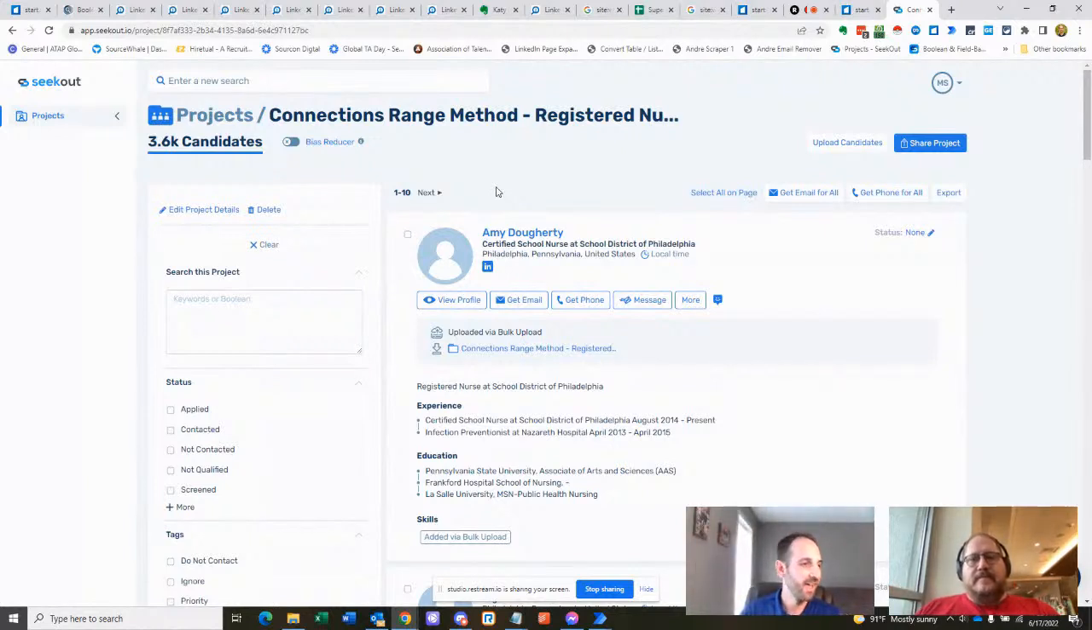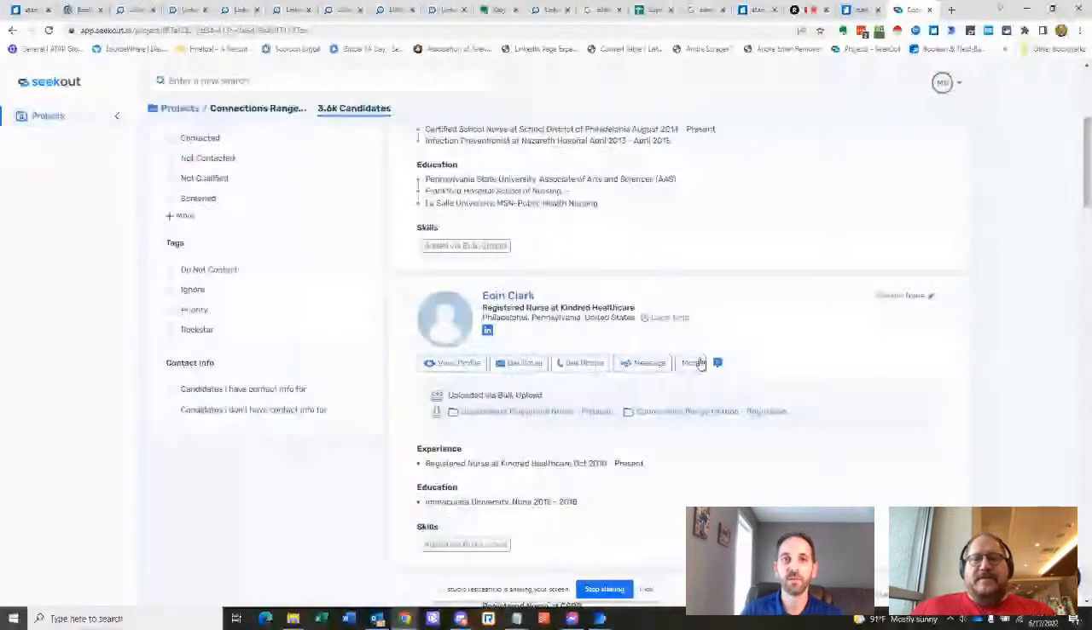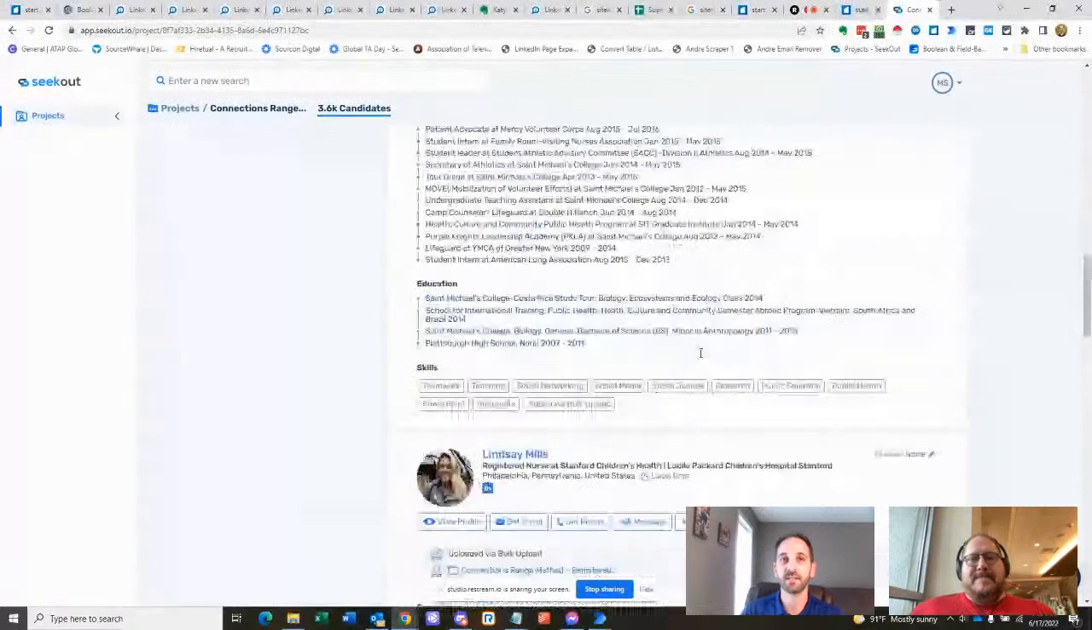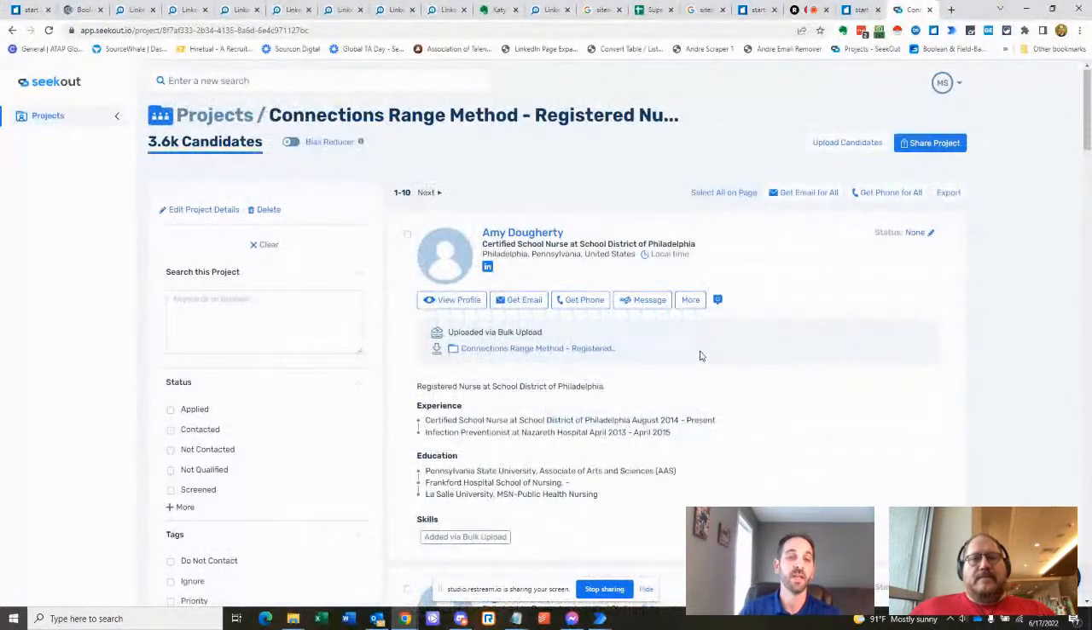Yeah, so you just need the URL, and Seekout will give you the name, company, and all the other fields filled out. Seekout will give you everything else. This is in their paid version. Why this is great, Shally, is because